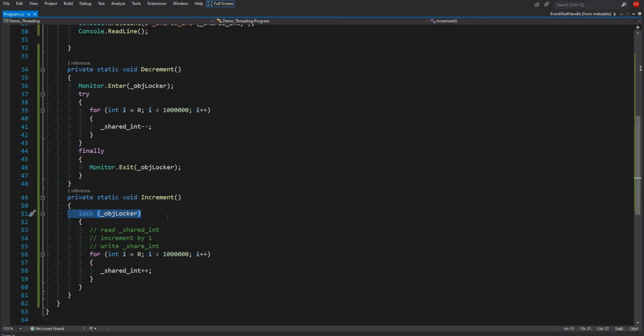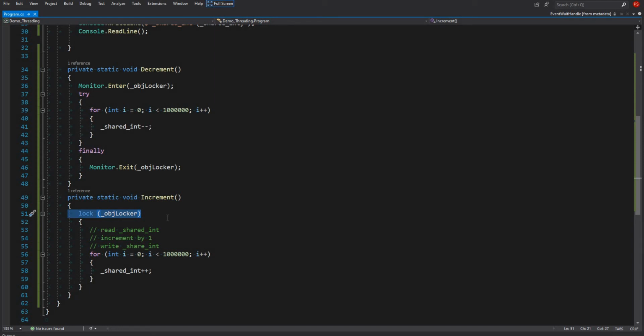But in .NET there is a class called Interlocked, which we can use for doing these kinds of simple operations, and it does all the operations atomically.